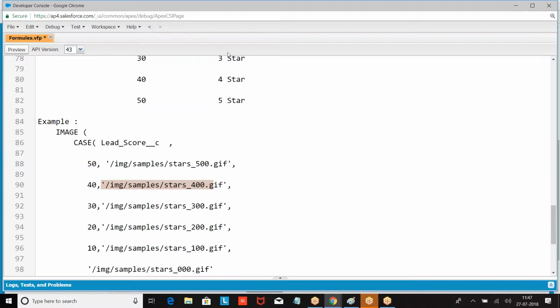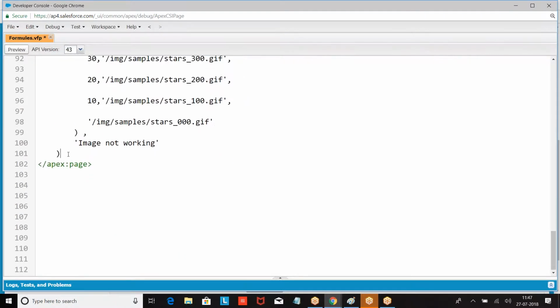We want to verify a use case. On which object am I creating? Object opportunity. What is the field? Age. How many days back the record was created?